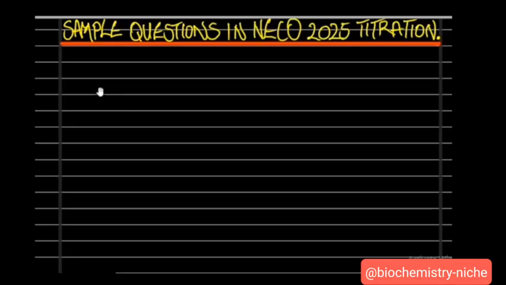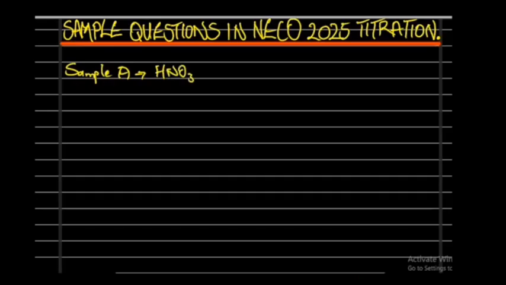So this year's examination, NECO has given us some specimen that we'll be using for our experiment. We have our sample A, which is the acid, HNO3, and if we are to calculate the molar mass of HNO3, using this as our study, we have